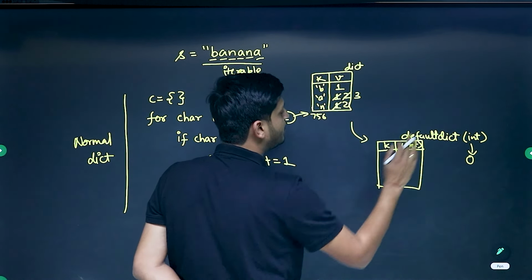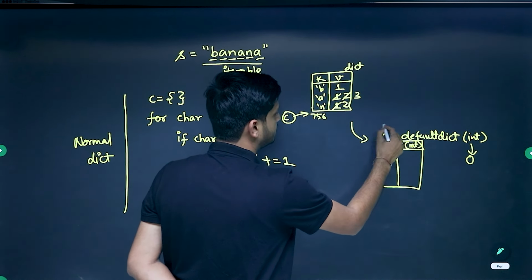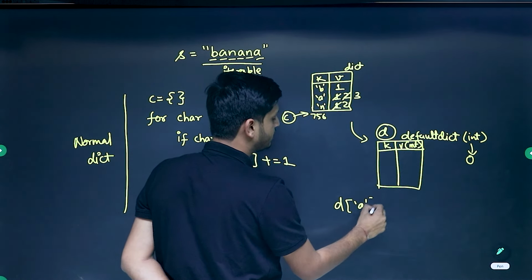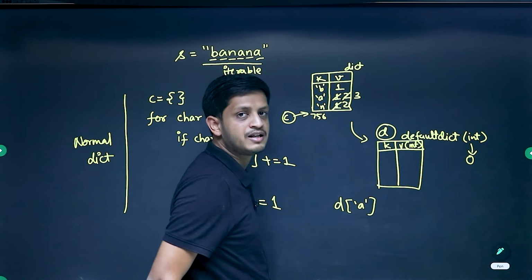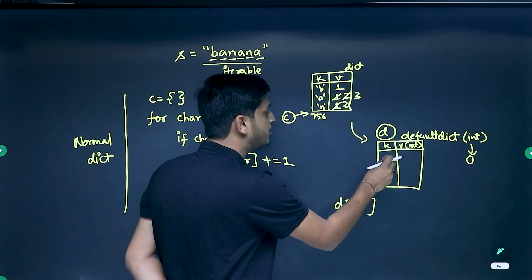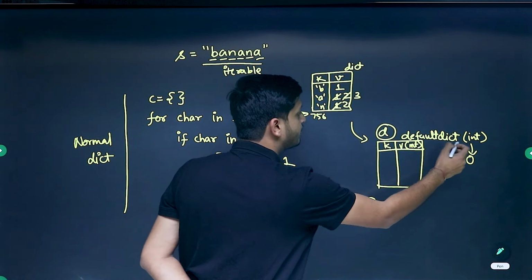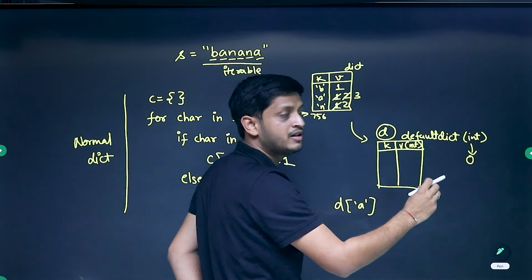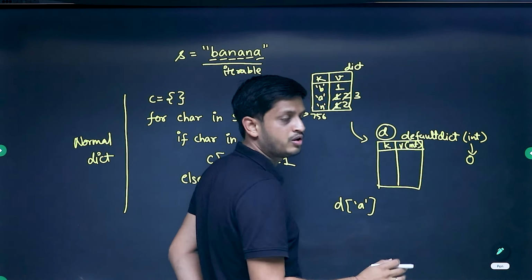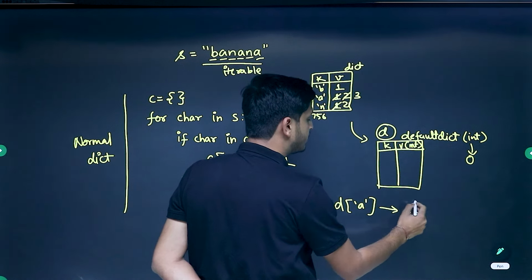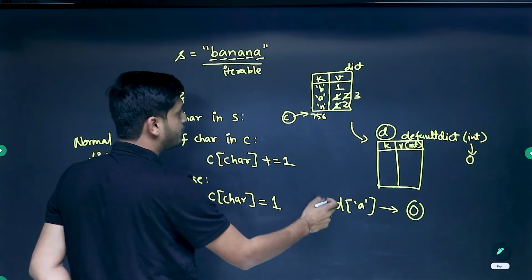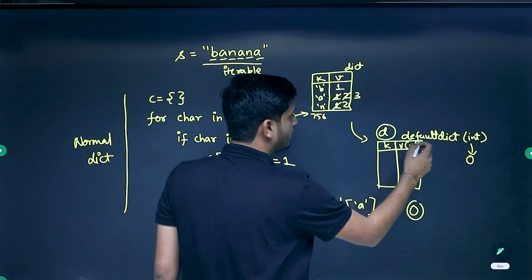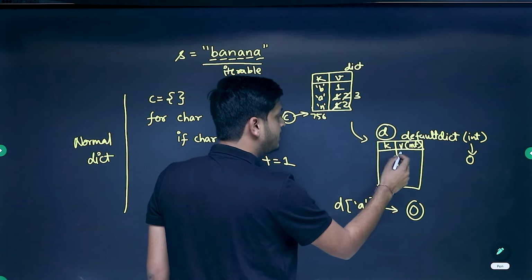So if you are creating an empty default dictionary, let's say its name is D. Now if I say what is D of A, although A as a key is not present here, if the key is not present, the default value of the data type will be taken. Here we created a default dictionary of integers, and the default value of integer will be taken as 0, and hence it will automatically give the value 0. See, in a normal dictionary, if you say what is D of A, if A is not present, it will give you an error. But in a default dict of integers, if a key is not present,